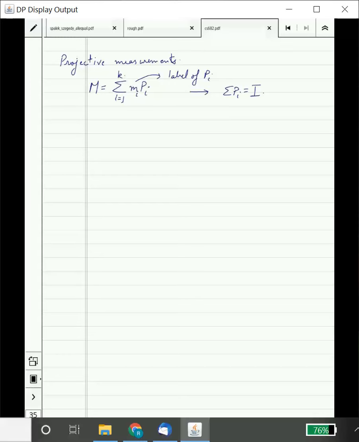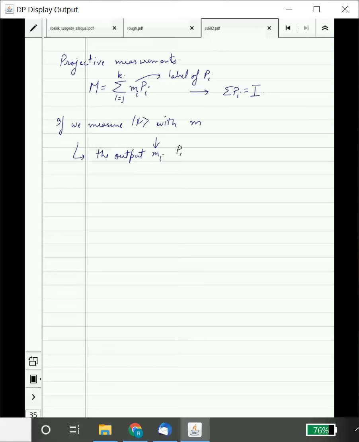How? We will notice that if we measure ψ with M, the output would be mi. So that is why it is called the label for projector Pi. We are just saying that the name of this is mi. It could be any number. That's not important. It's a label. But what I mean is that my space will be projected into Pi.